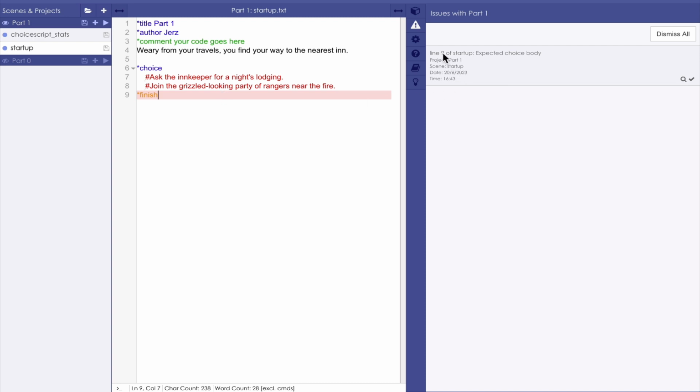Okay, so we get an error: line 9 of startup, expected choice body. Well, that's not a terribly helpful error message, but I can tell you what the problem is here. Instead of waiting until the end of the file to finish, I'm going to cut this command, finish, and add it here underneath the